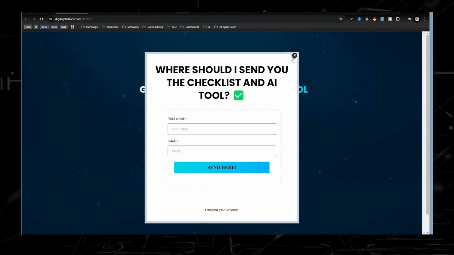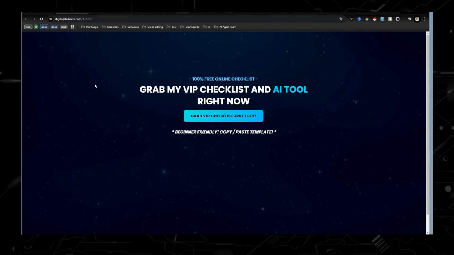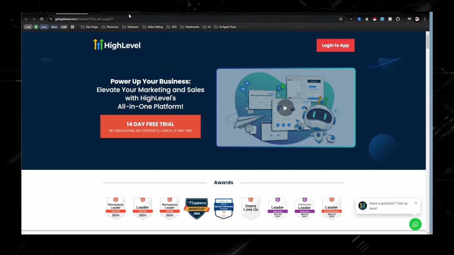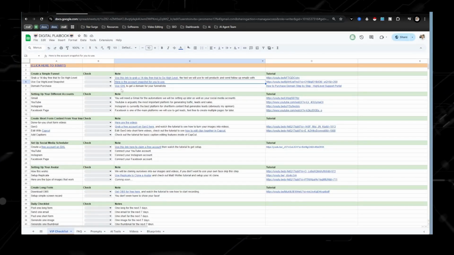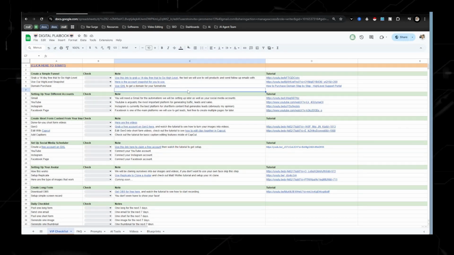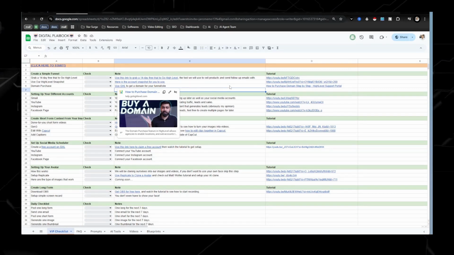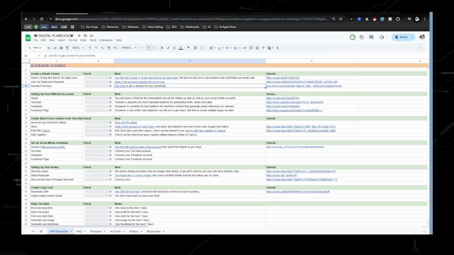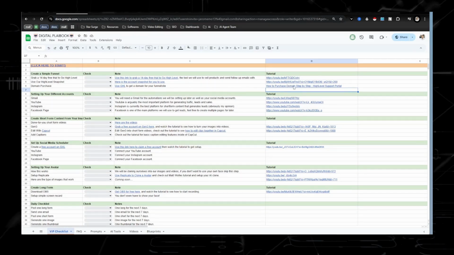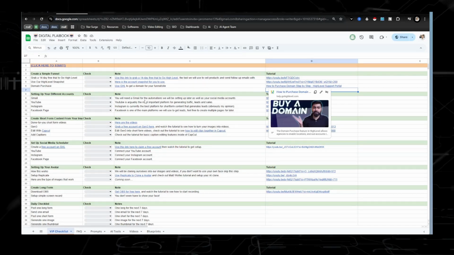Now, one of the things that you're going to need is you're going to need to come up with a domain name. Mine is obviously Digital Playbook, but luckily another reason why I like Go High Level is because you are able to purchase a domain straight from within their site. Now, I'm not going to go through that because that's pretty copy and paste, but a domain is normally 11 bucks. So super affordable, and go ahead and go through that process. I left a little document right here that takes you through it step by step.